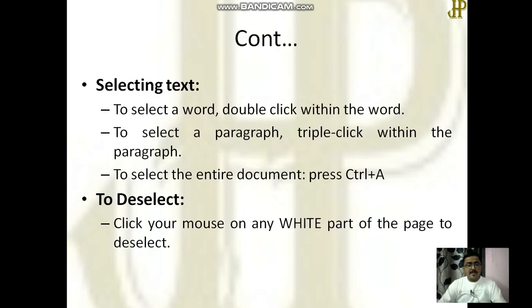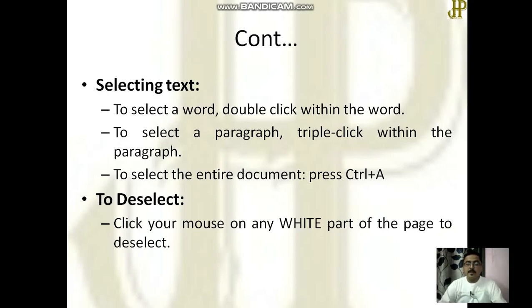How do you select in the document? To select a word, simply double click on that word. To select a paragraph, triple click within the paragraph.